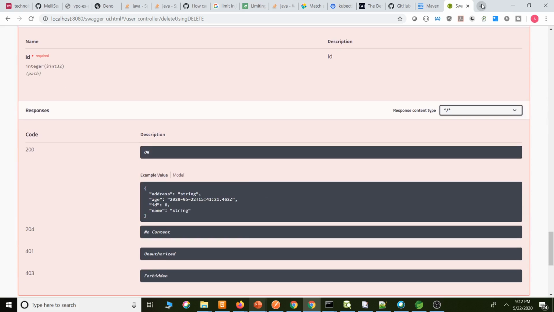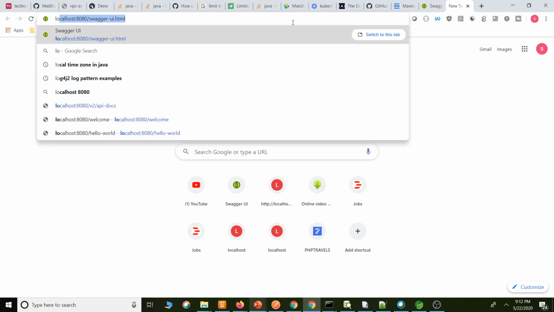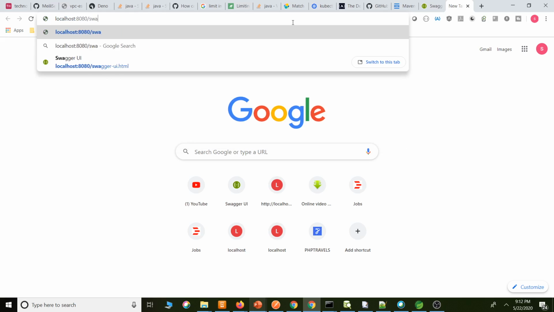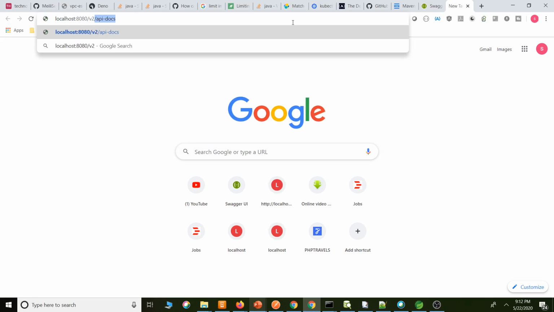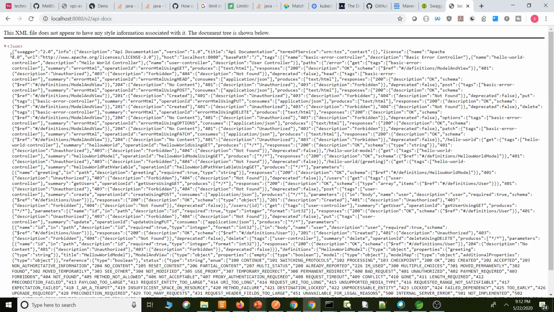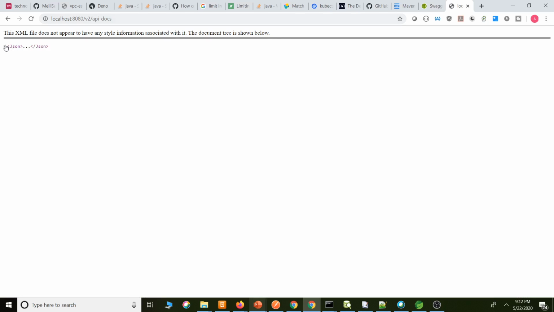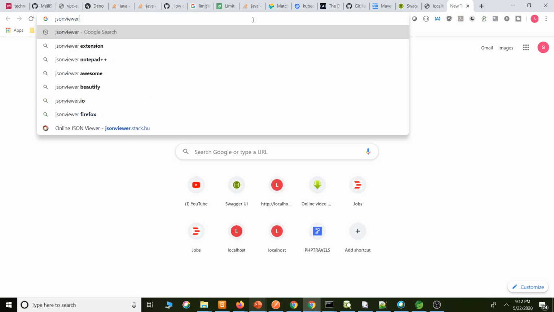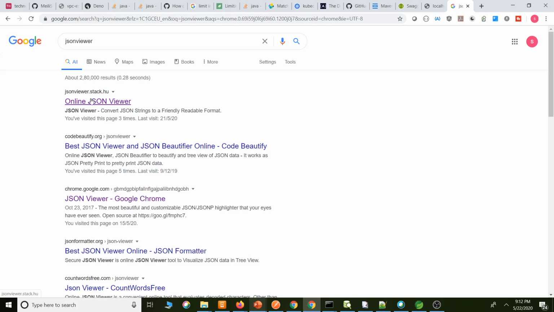And we have one more URL, localhost 8080/v2/api-docs. It gives the JSON response. Copy the JSON response. You can view it in a JSON viewer.